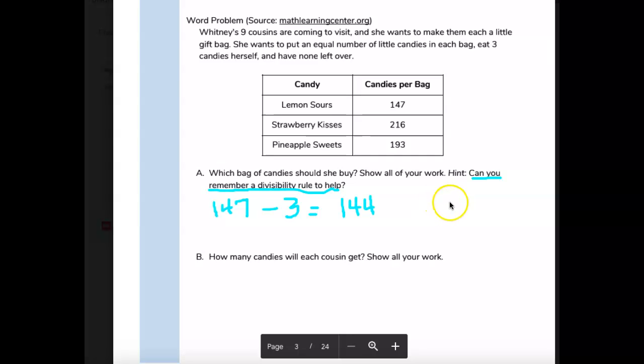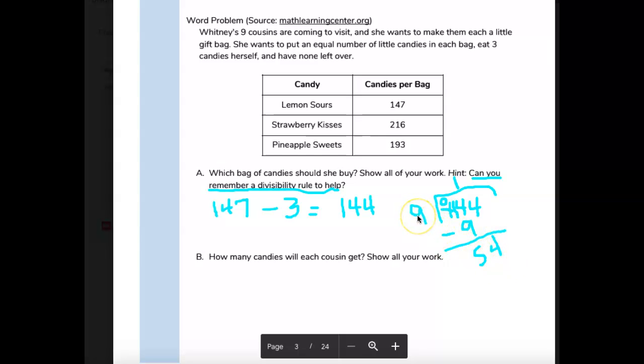So let's take that now, 144, because we have taken out the 3 that she's going to eat. So we're going to just divide the 144. So 9 into 14 goes just one time. 1 times 9 is 9. All right. Now, we can't do 4 take away 9, so we're going to borrow. This becomes a 0, and this becomes 14. So 14 take away 9 is 5. Now we bring down the 4, and then